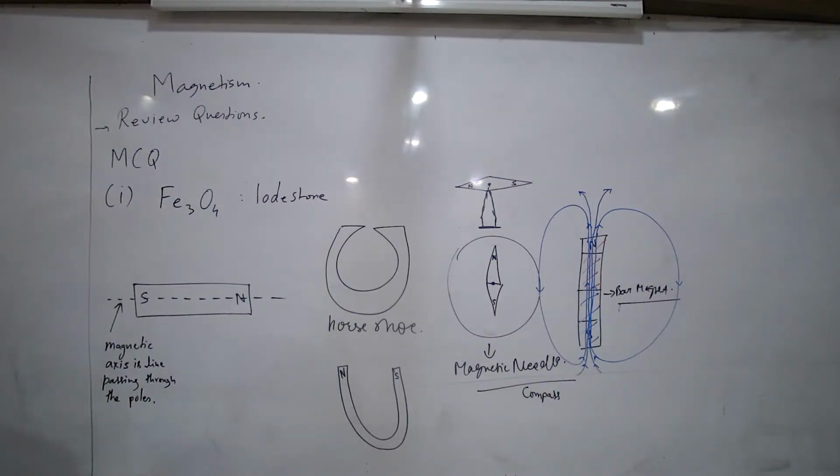Where does induction happen? In the iron rod. Before getting attracted, it becomes a temporary magnet. So induction precedes attraction, because the moment induction happens, these are opposite poles, and opposite poles will then attract each other. Okay? Simple. So for question 13, second part, you can write: induction in the iron rod precedes attraction.